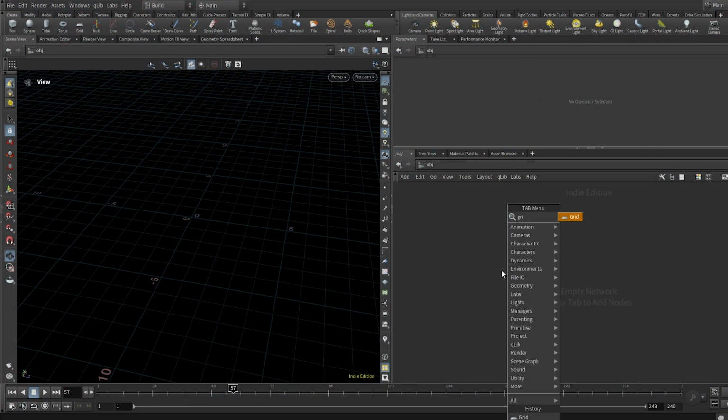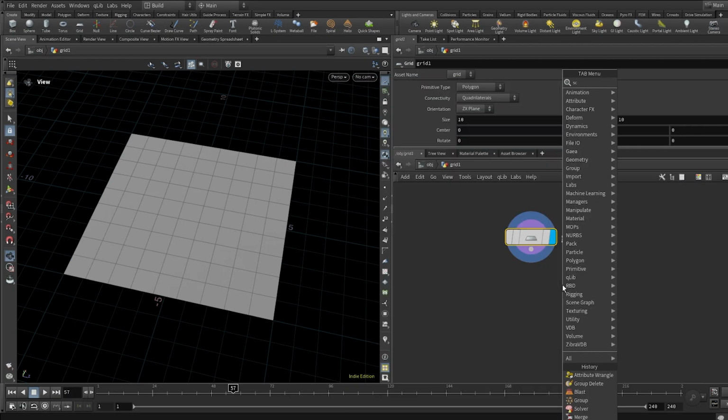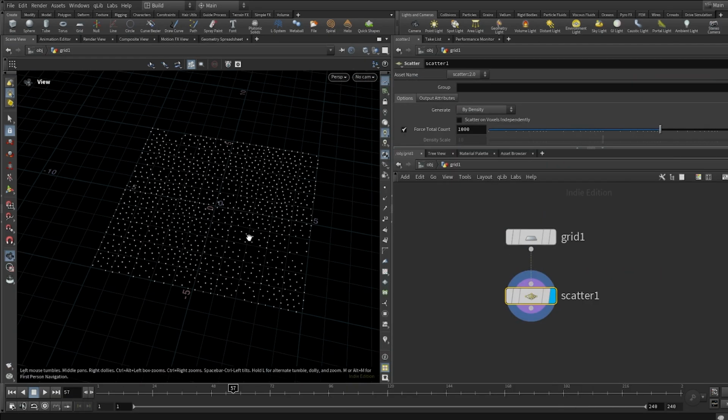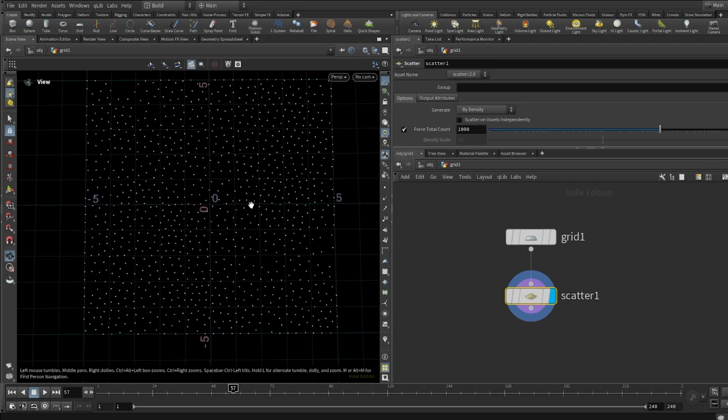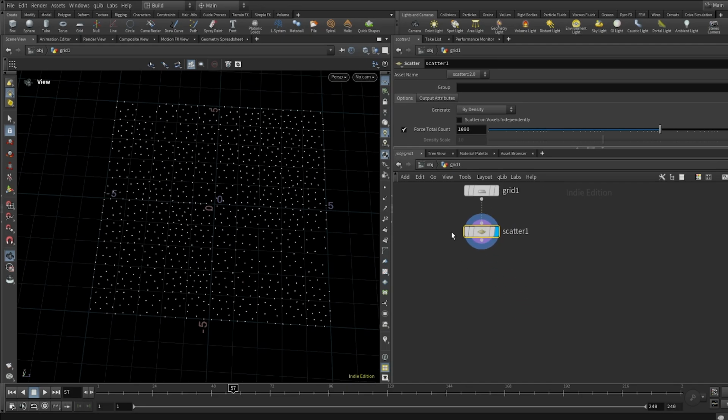First, I'm just going to add in a grid, or something to put some points on. Then I'm going to scatter some points on the grid. And at the moment these points don't really have any structure, they're all pretty random. I want to add some structure by using two nodes, and these two nodes fight with each other, which is